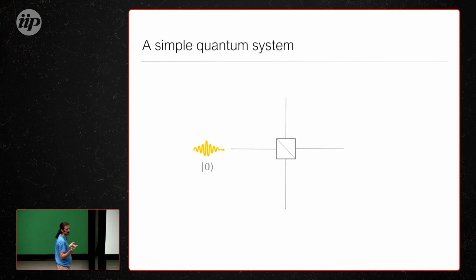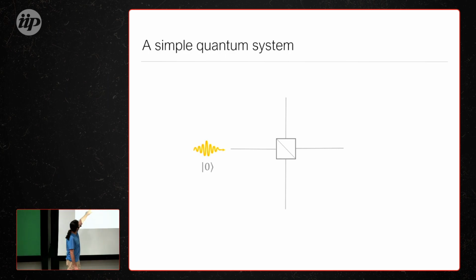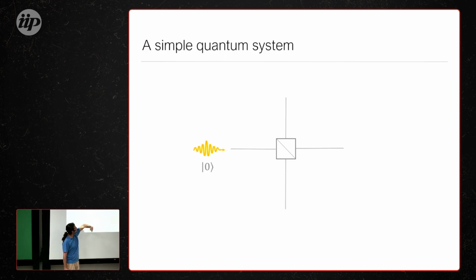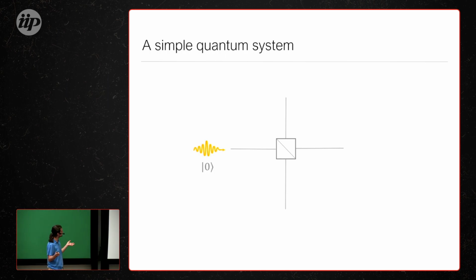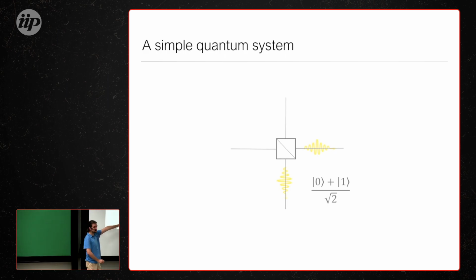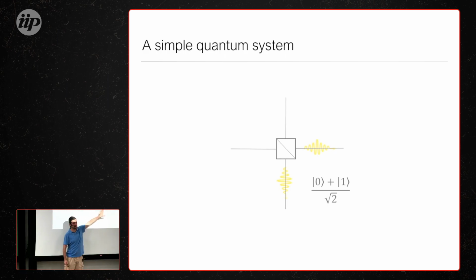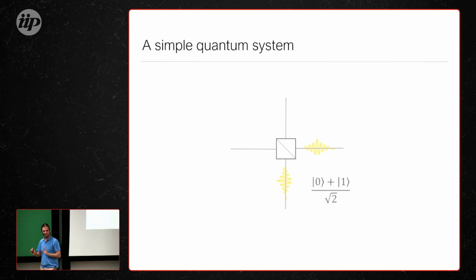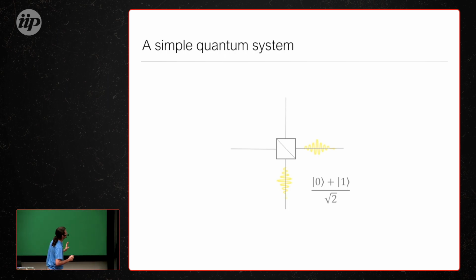But before I tell you that, let me describe what the physical system is. Very simple, at the beginning, this is a particle. For now, any particle, doesn't matter. It travels along these straight lines. If it's following the horizontal line, we're going to call that a 0, and if it follows the vertical line, we're going to call that a 1. And that thing in the middle is a beam splitter. What a beam splitter does is put a particle in a superposition of exiting in these two modes, traveling in these two directions. Very simple physical system. Everyone's familiar with that.